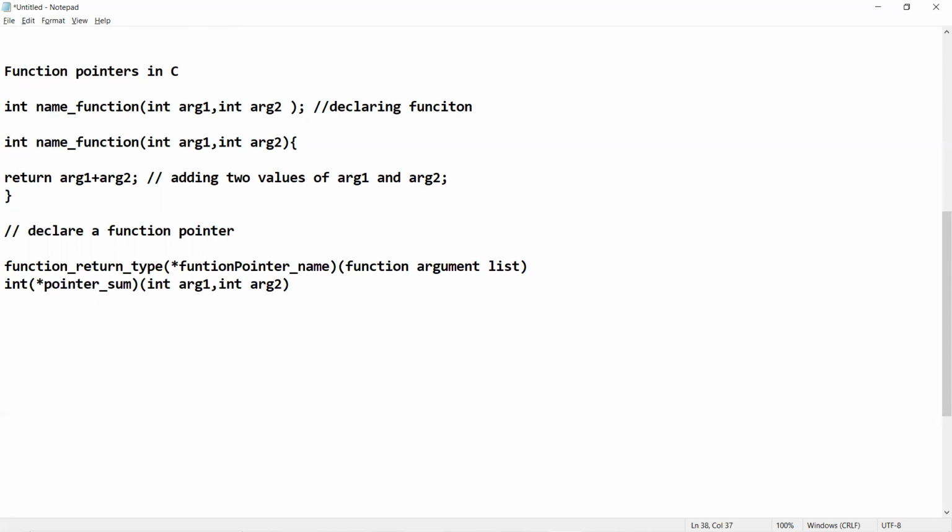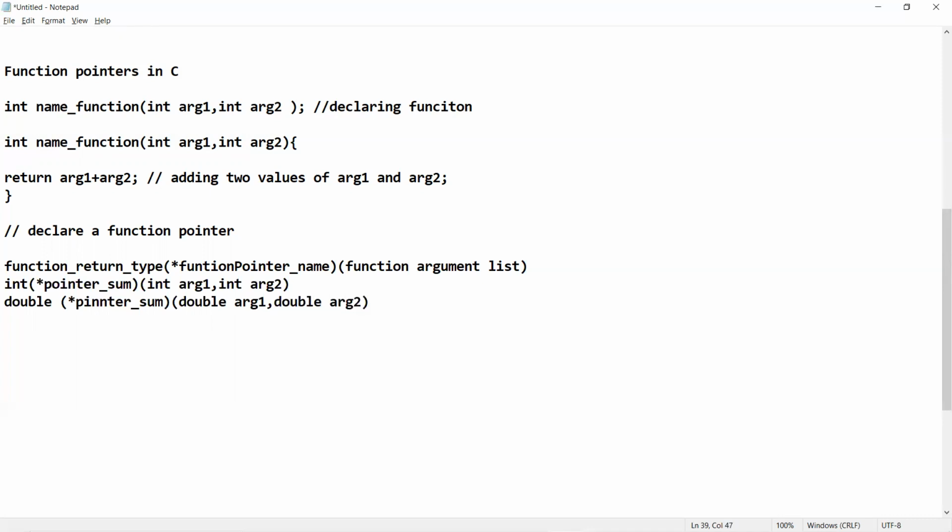If it is a double, you have to give a double. Then star, which indicates it is a pointer type, then the function name, pointer sum, and the argument list is the same: double argument 1, double argument 2.